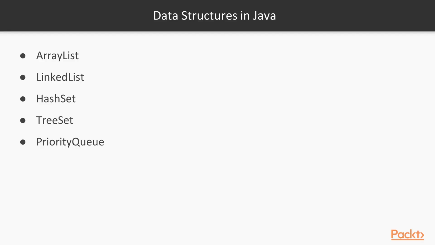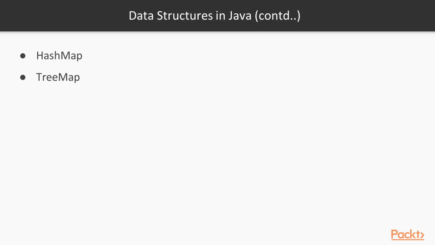Data structures. There are lots of data structures already available in the Java Collections package for you to use, but here we're just going to cover a few. We're going to take a look at ArrayList, LinkedList, HashSet, TreeSet, PriorityQueue, HashMap, and TreeMap. Ideally, you would go to the official documentation online and read about all of the available collections, because the more you know about available collections, the bigger your toolbox will become